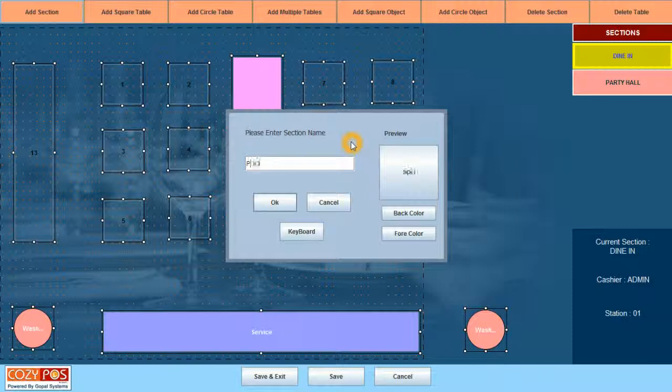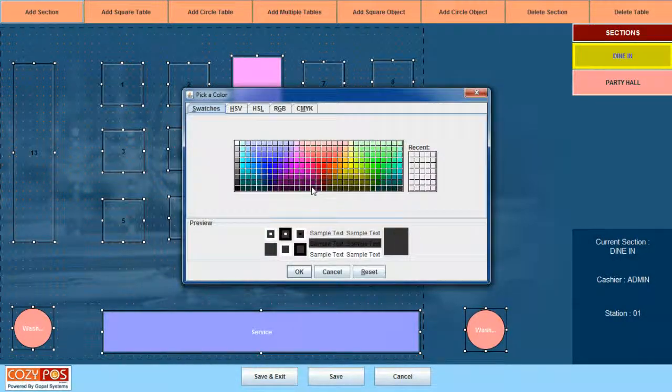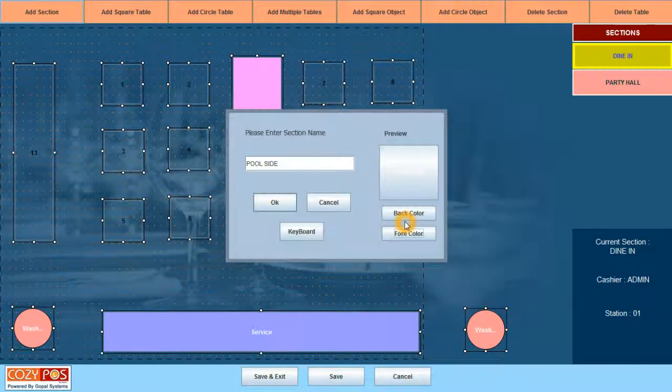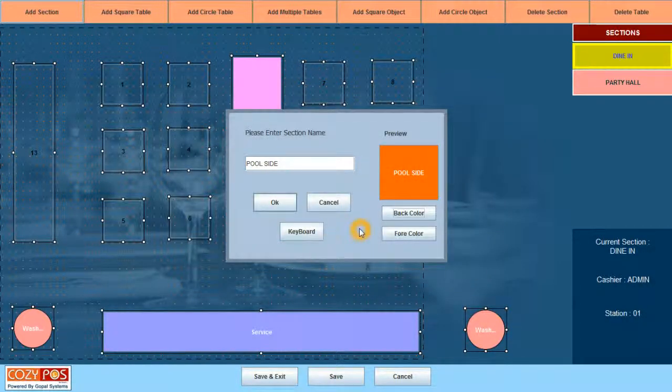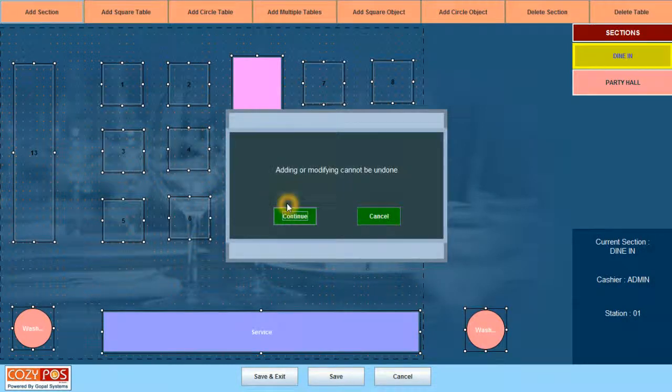Suppose we'll give it as poolside. Here you can change fore color, back color, like this. We'll click on OK.